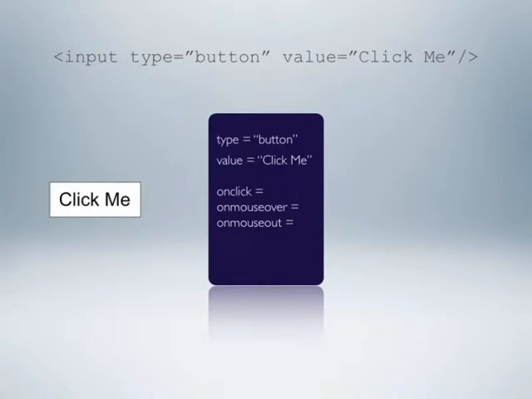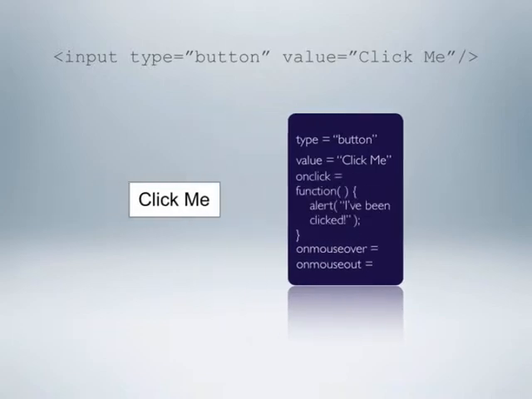All of the attributes themselves are usually pretty easy to recognize because they all start with the word on, O-N, and then they generally end with some type of action statement, like in this case, click, mouse over, mouse out. There are others besides these three, but these are three that are used very commonly, so you'll run into them quite a bit. How we actually work with these different events, these special attributes that have been added to this object for us by JavaScript, is that we can actually create a function. We can then take that function and assign it to one or more of the different events that are present